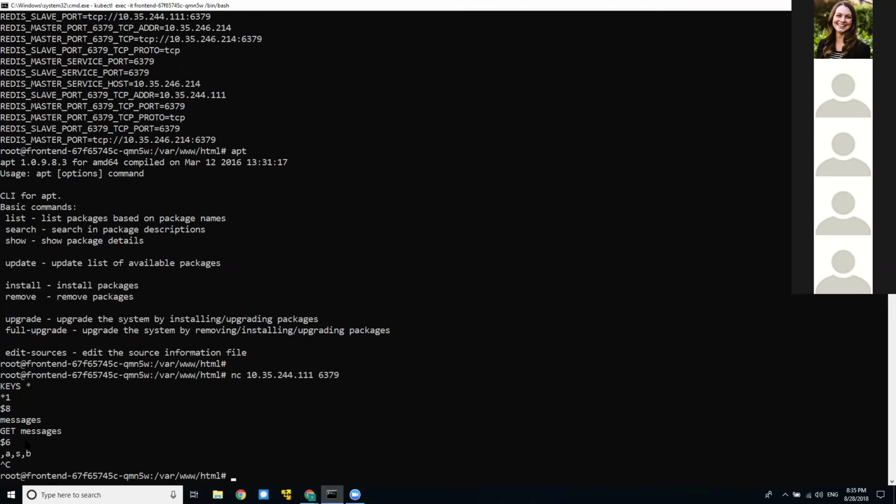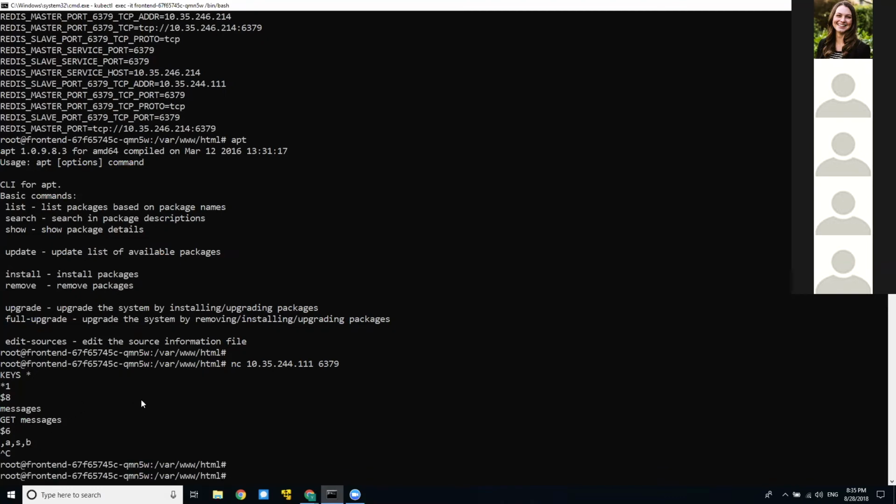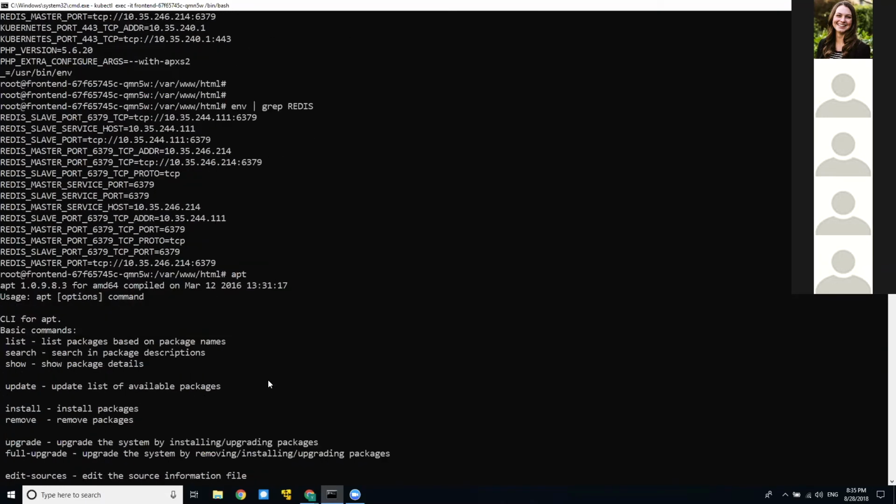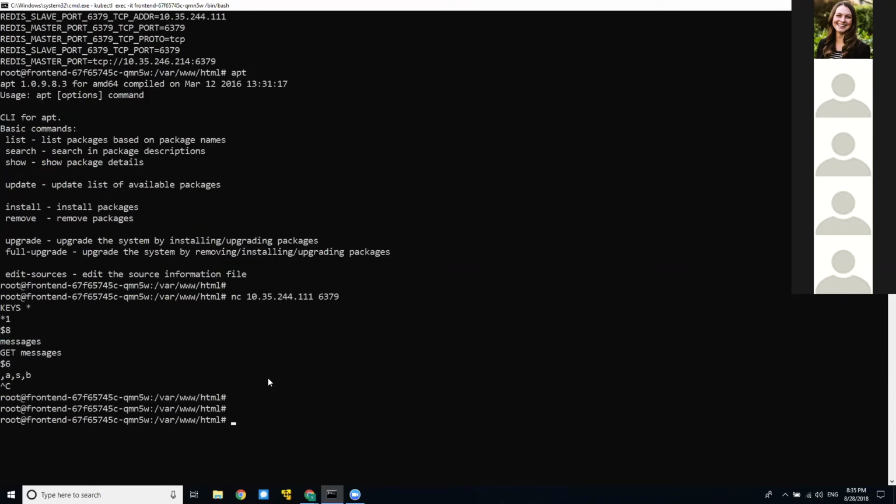Let's see what else we can do and how we can discover more interesting services. In the environment variables, it looks like we don't have other interesting information, but we can do a network scan to get IPs and ports of other services around us.